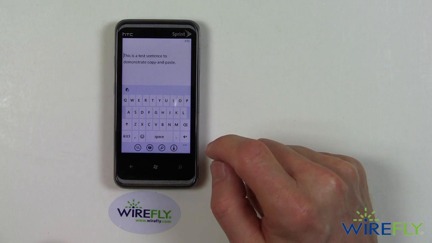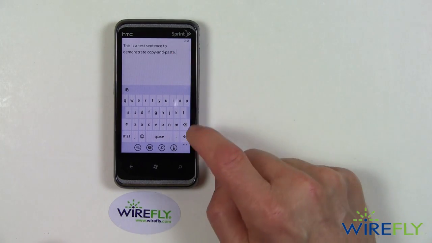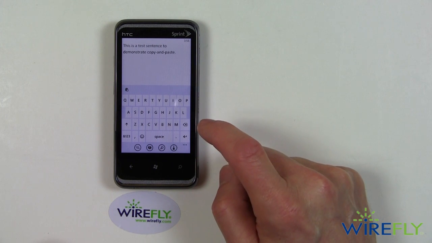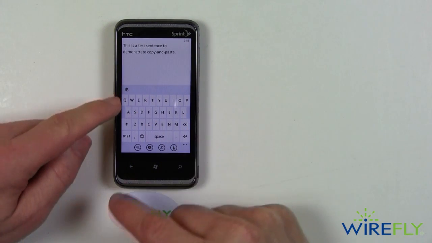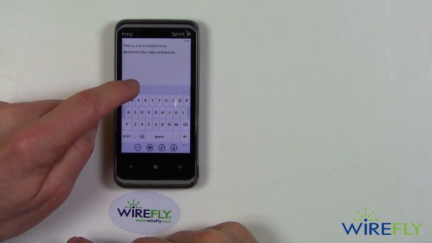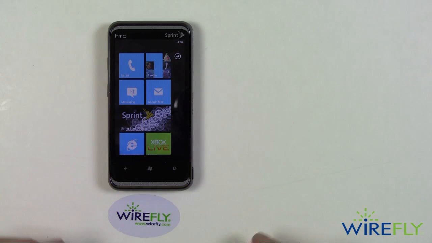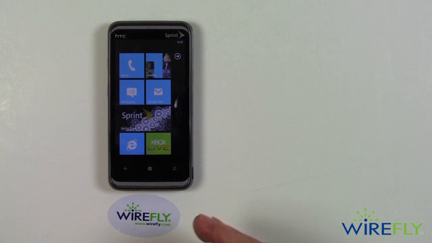And I'm going to scoot down. Let's back up there. I'm going to go to the end here, scoot down a line. And now I'm going to touch the clipboard right here, and that will paste the link into that part of my document. There we go. And that's a quick video review of the HTC Arrive, a new phone from HTC for the